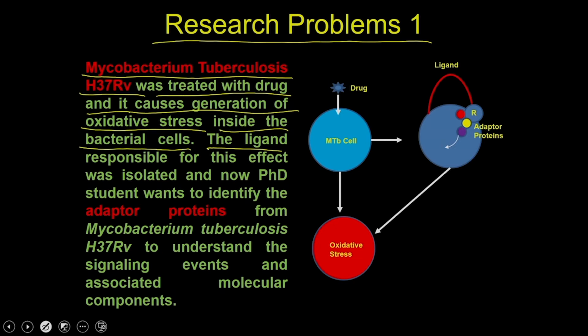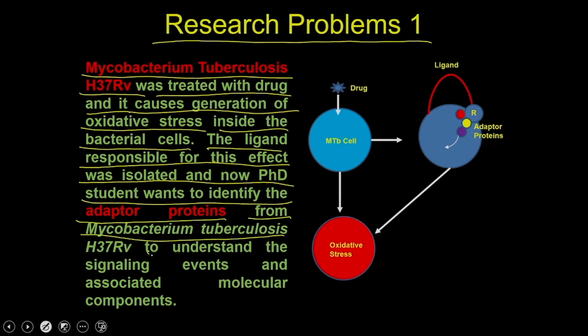The ligand responsible for this effect was isolated, and now a PhD student wants to identify the adapter protein from Mycobacterium tuberculosis to understand the signaling events and the associated